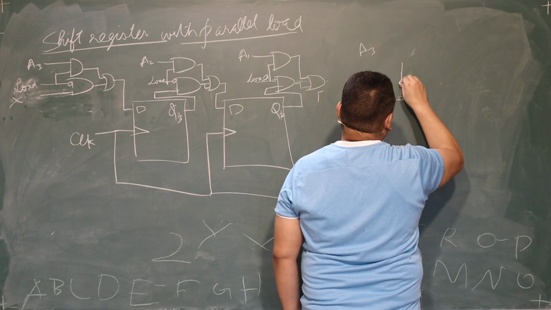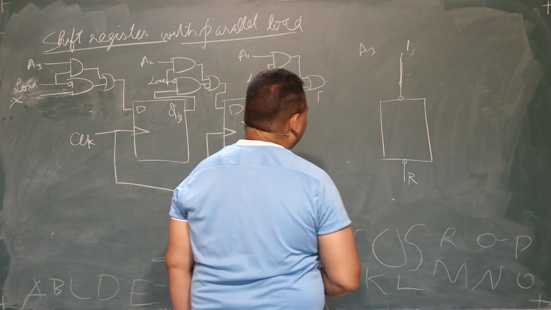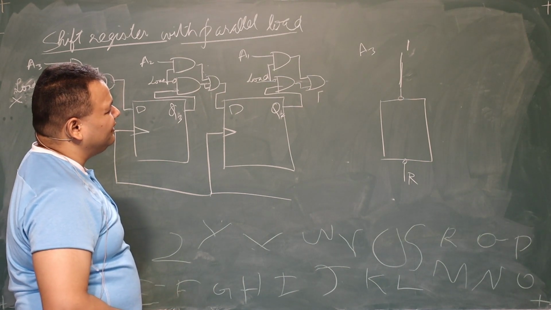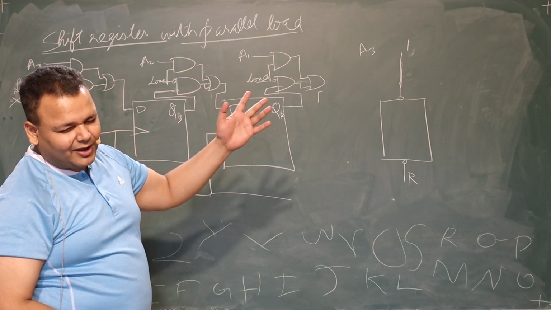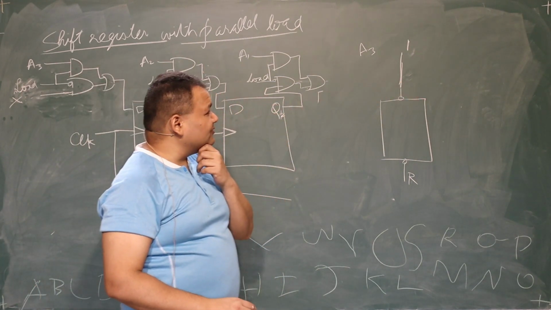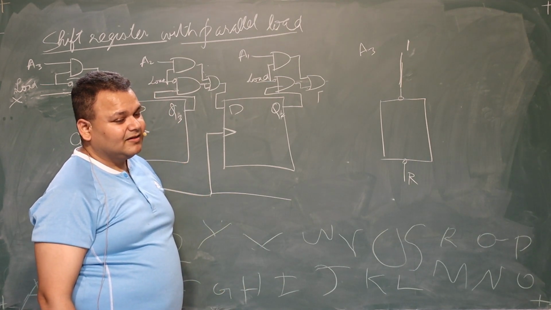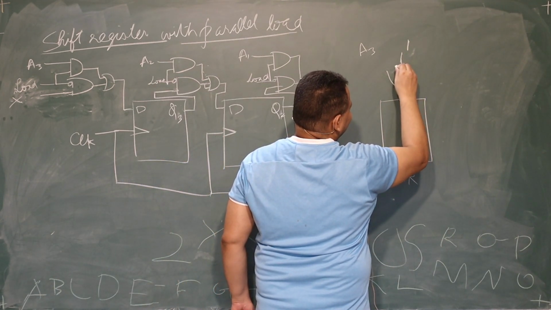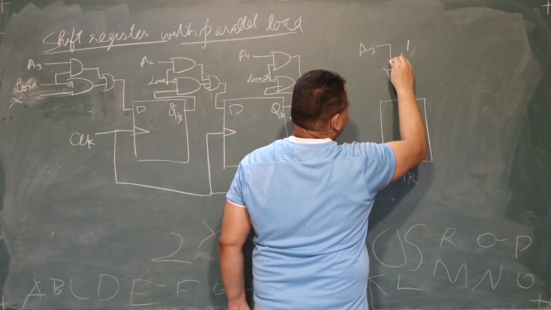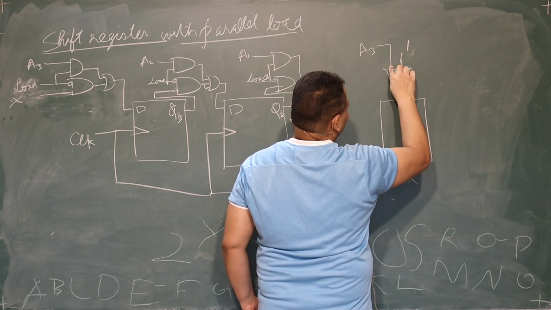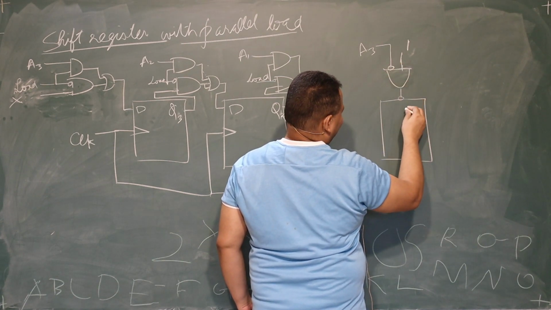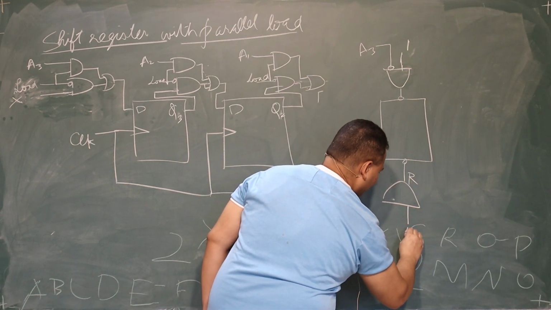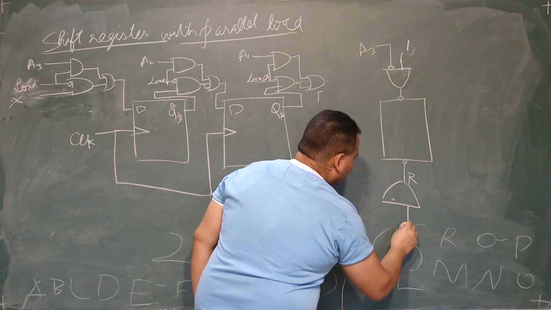Set normally connected रहता है 1 से। So if I wanted to make set equal to 0 अगर A3 1 हो गया, तो कैसे करूँगा मैं? बताओ। A3 अगर 1 है तो उसका A3 का नॉट ले लेंगे। ठीक है, और रीसेट में हम क्या करेंगे? रीसेट में नॉर्मली 1 रहता है।